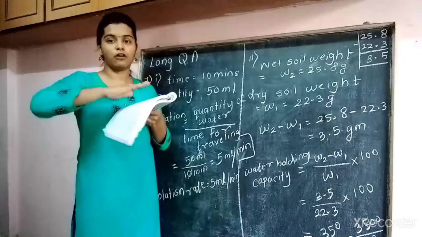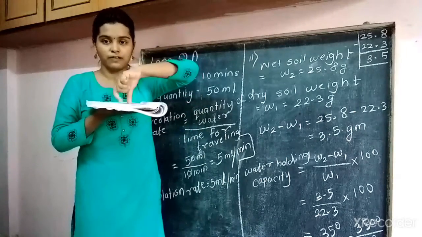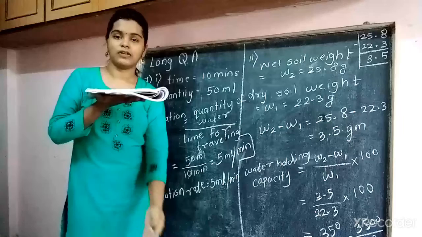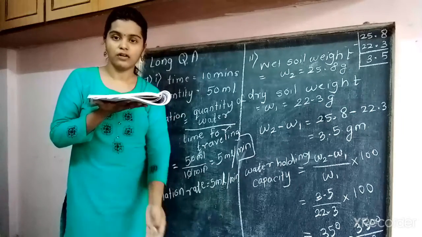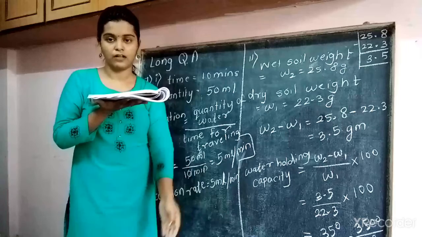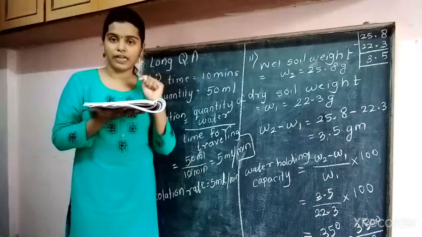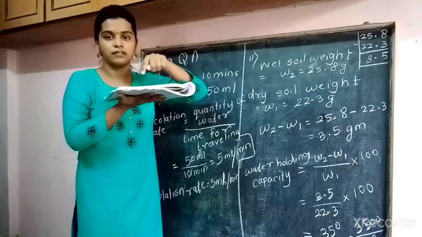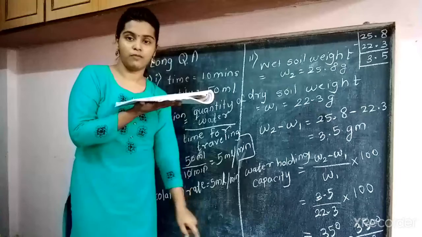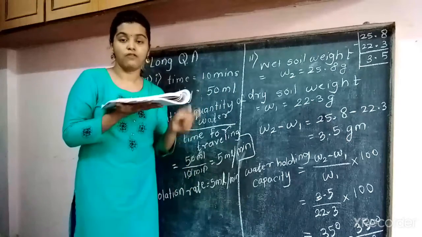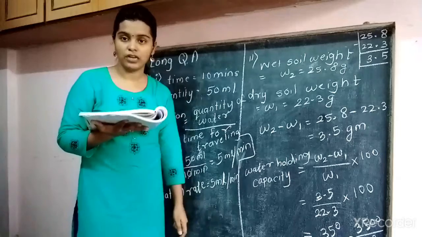It means this is the top surface of the soil. Water is poured on this surface and it is going toward the bottom of the soil profile. The water quantity is 50 ml and it takes 10 minutes to reach the bottom of that soil profile for sample A. So we have to calculate the percolation rate here.